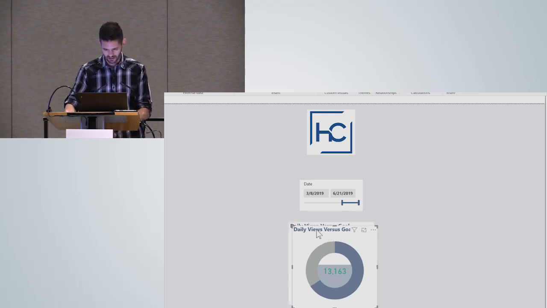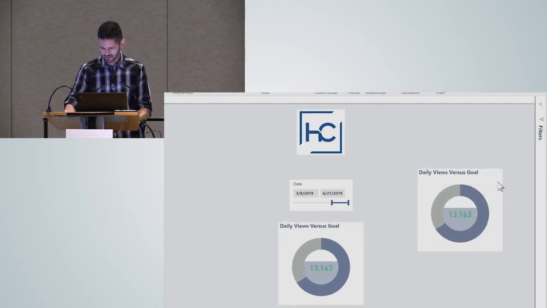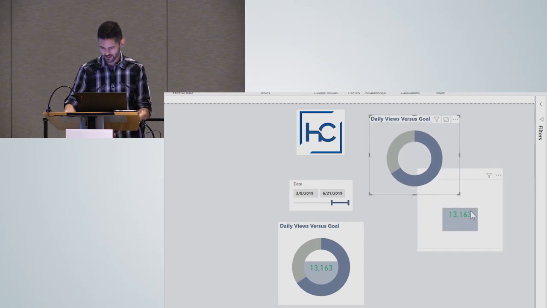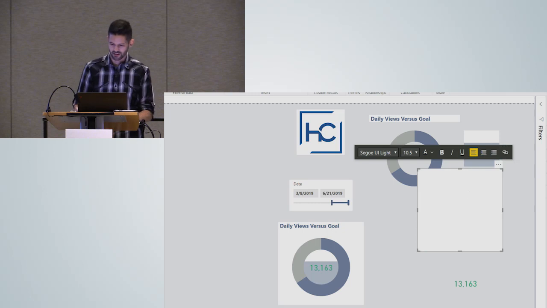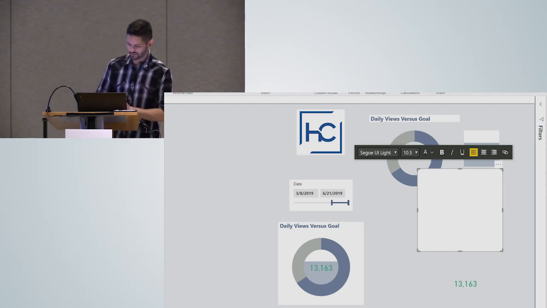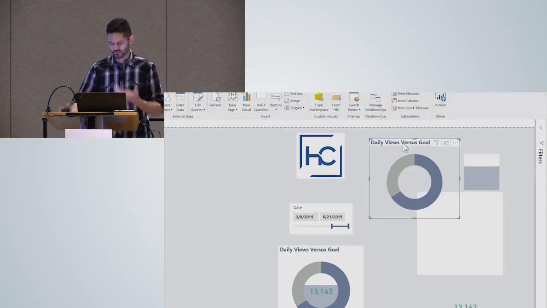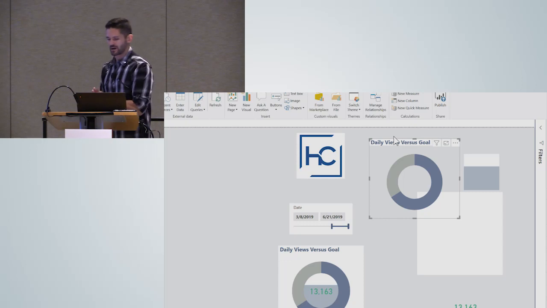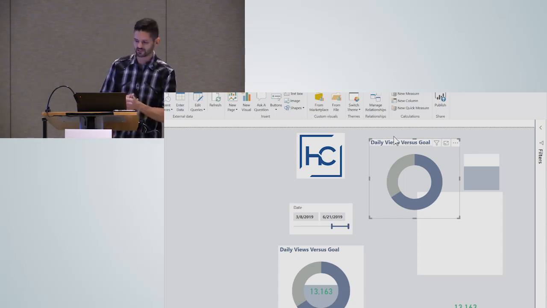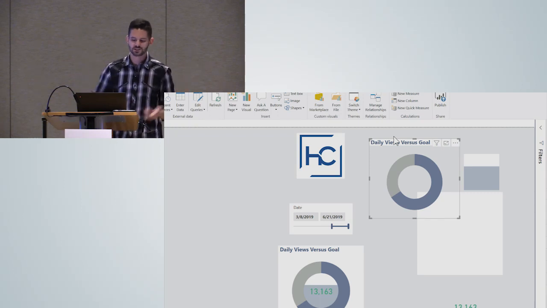So let me see if I can dissect this a bit and ungroup it. We've got one, two, three, and then in this case I have a background filler to cover up the background in there, because I can't do this on this one. Why can I not turn on the background for this? What would happen if I actually turned on an all white background on the donut chart? It would cover up the rest of them.